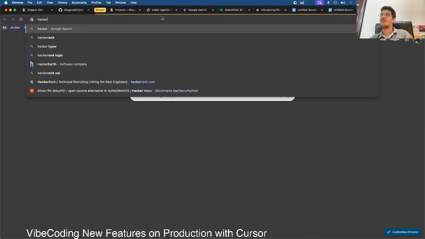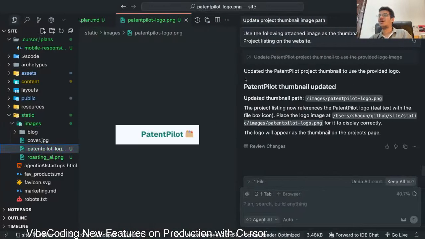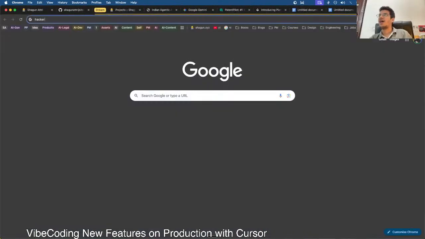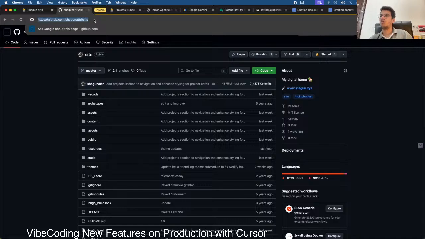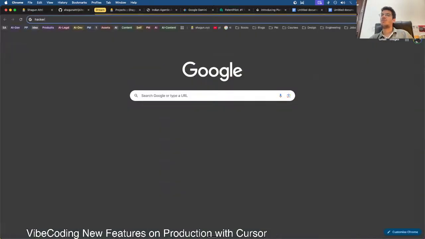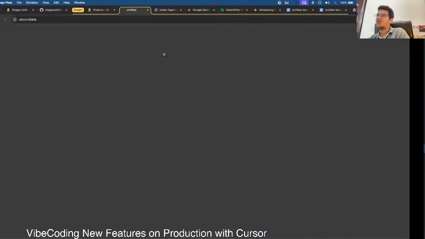And my website that we are working on and have been improving using vibe coding and cursor is actually an open source project. I would actually encourage someone from the chat to go to this GitHub website called shagun/site, where all of the code exists, and crop the image and share a PR for it to be approved, where it actually renders correctly on our thumbnail of projects. So that's what we'll do,